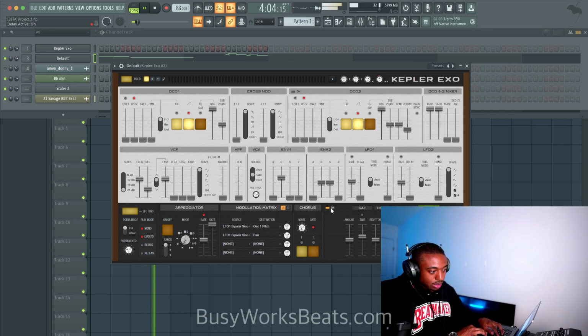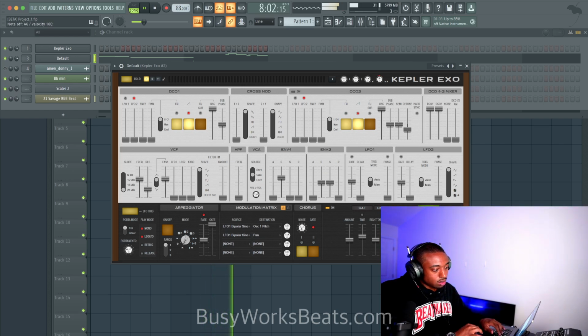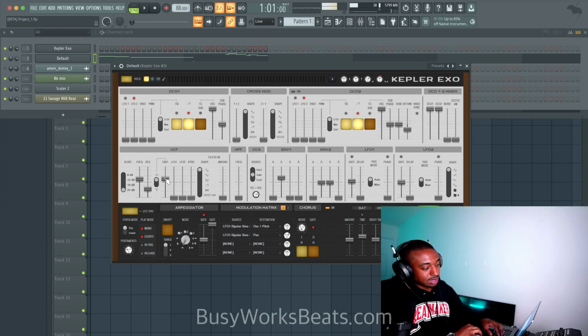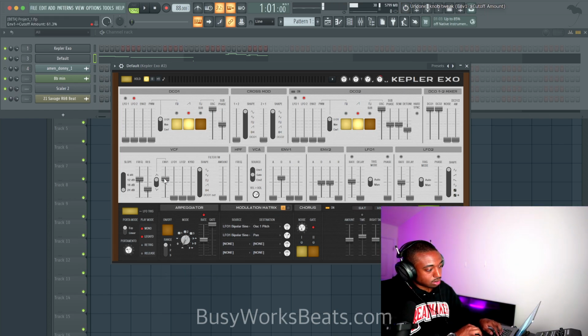So add a little delay. Let's give it a low pass filter cutoff, so it has a little depth. I think coarse makes it too modern. Now let's set this starting envelope amount to determine how bright the sound starts. So for a more muffled sound, we're going to pull envelope 1 down.